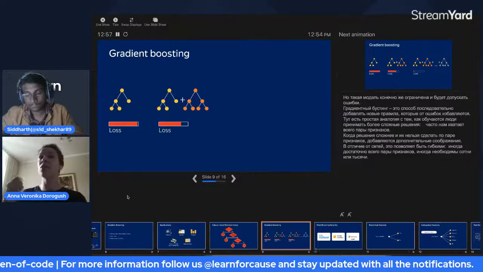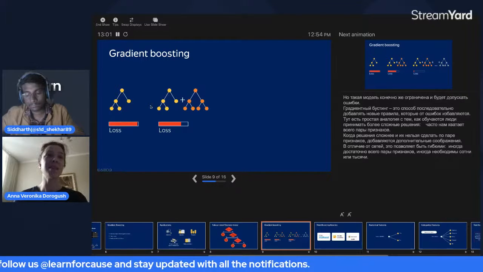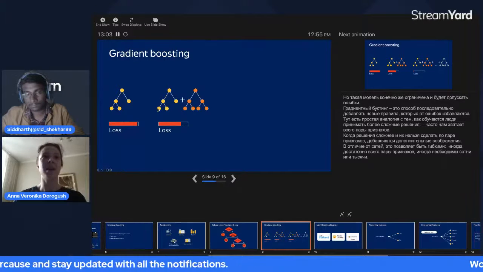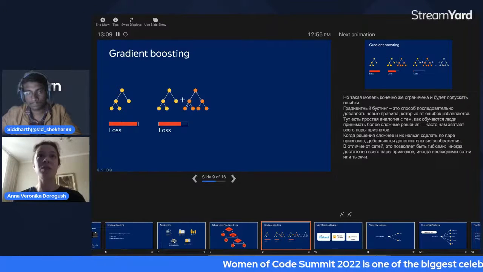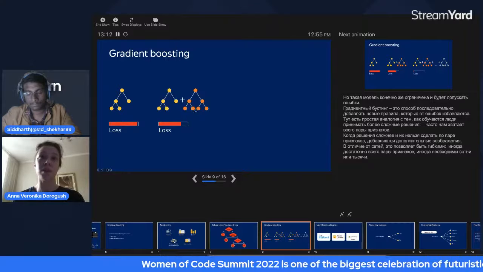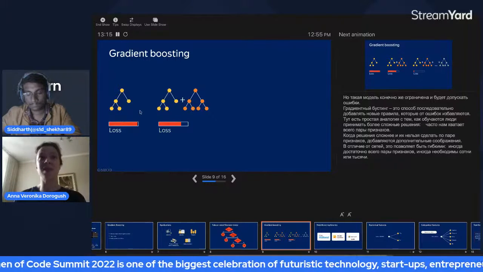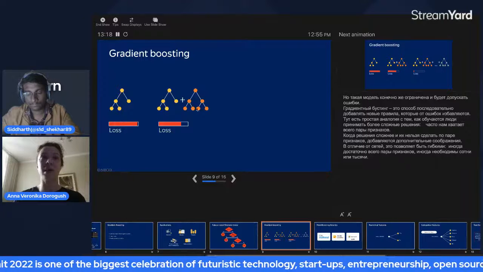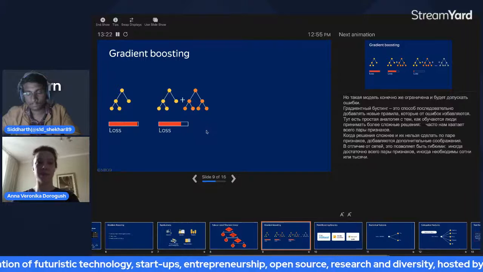First, your object falls in some leaf of a tree. In this leaf, you have some number, and you add this number to the result. Then you look at the second tree, and in the second tree, the object falls into another leaf, and there is another number. And the sum of these leaf values, where this object falls, is the result of the sum of the trees.